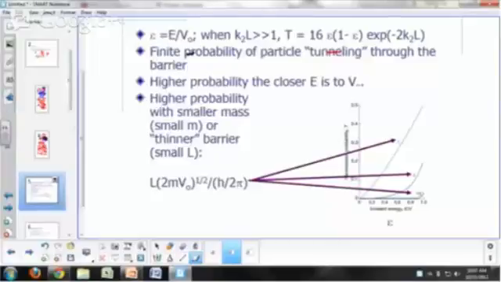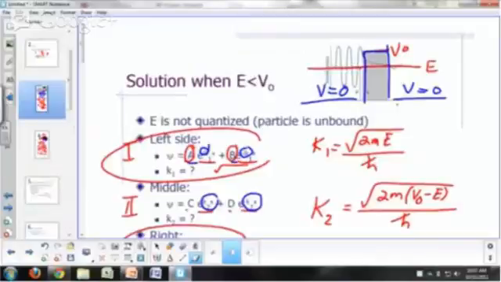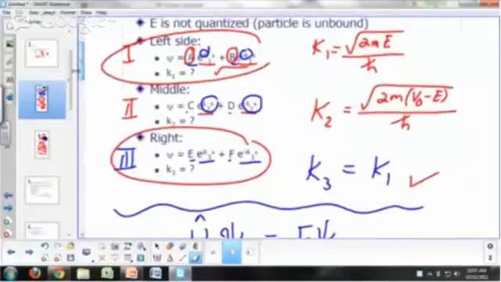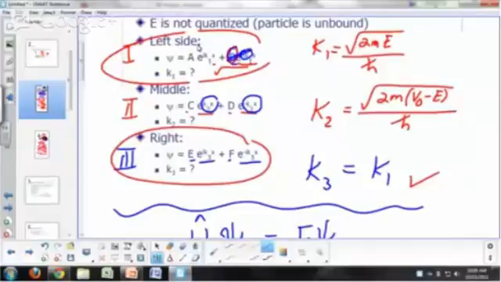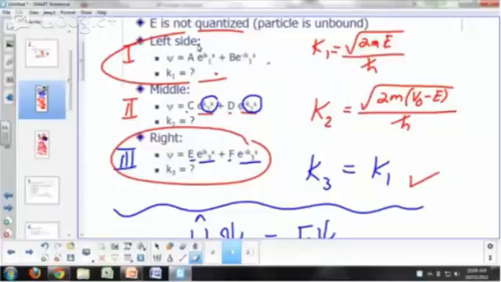If you look at your expression here, you'll notice the amplitude, the value of these coefficients. We say it's a transmission probability